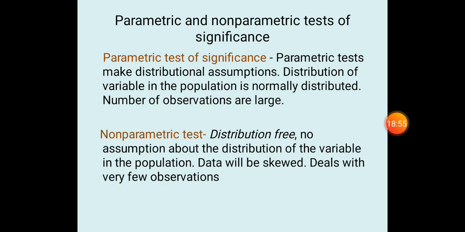Now when will we apply non-parametric test? If it is a distribution free test, that means if in the null hypothesis we are telling that we want to establish a relationship between two variables, for example the habit of tobacco chewing will lead to oral cancer, all of us know, but we want to find whether it is true or not. So what we will do, we will write in the null hypothesis that there exists no significant association between oral cancer and the habit of tobacco chewing. Understood? And against the null hypothesis, what will be the alternate hypothesis? There is significant association between habit of tobacco chewing and oral CA.